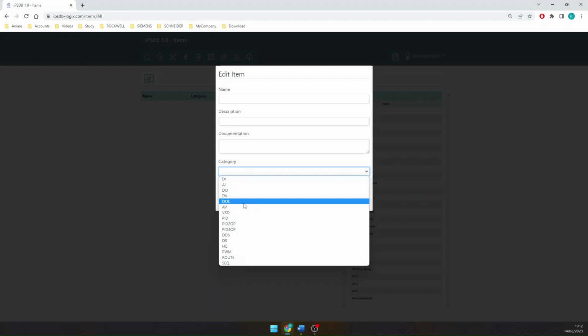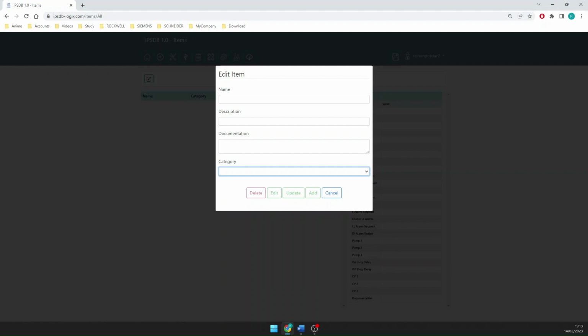DOL, a direct online starter module. AV, an analog valve module to cover the variable position valves. VSD, a variable speed drive starter module. Let's add a control module for each of these types in our project to see just how easy it is to do it. Let's create a level switch,